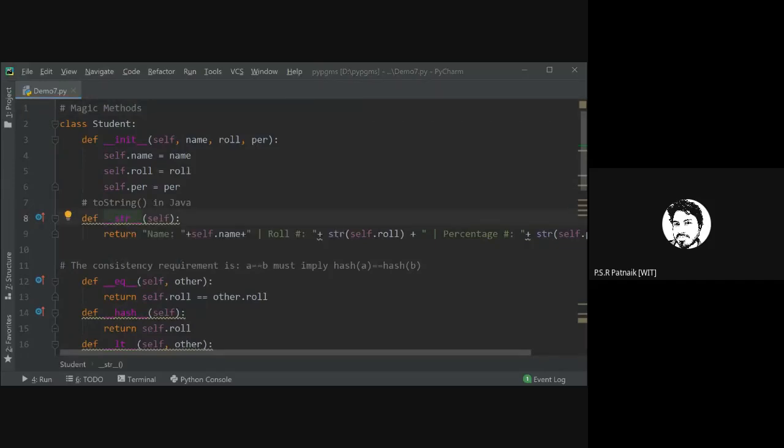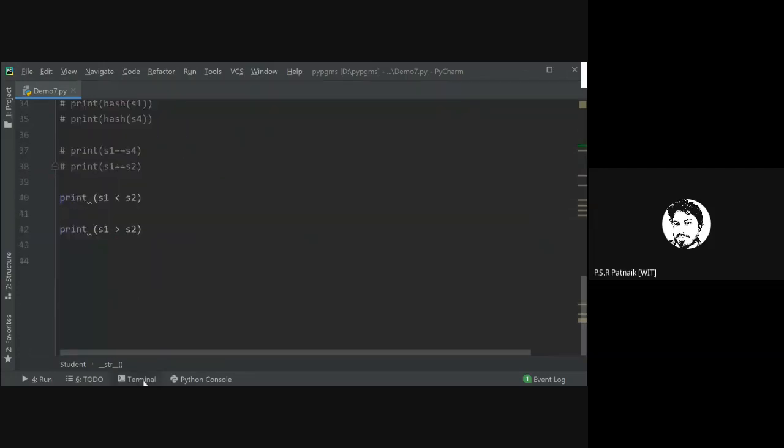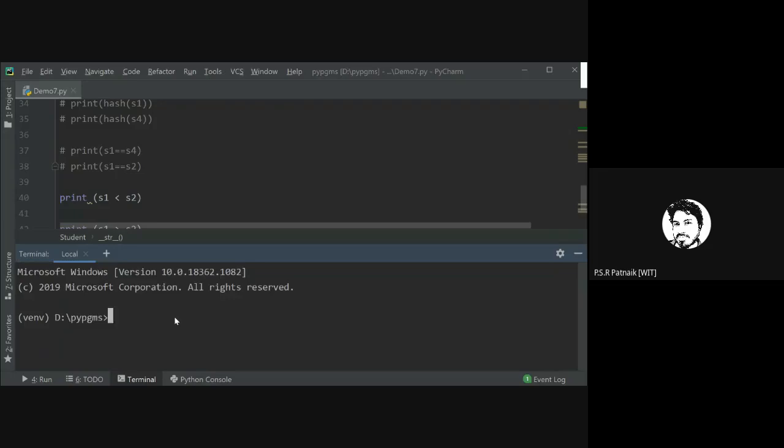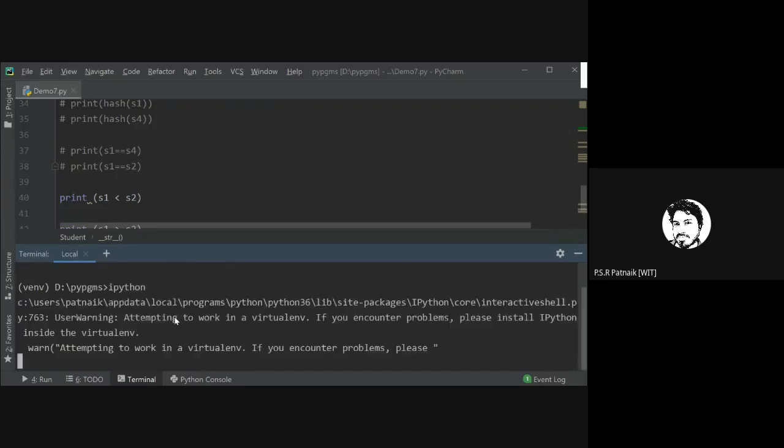I'll do one thing. If you want all of them in one place, I'll share a good link with you where you can go through that. If you want to check which magic methods are available, let me quickly show you how to get the list of all Python methods.